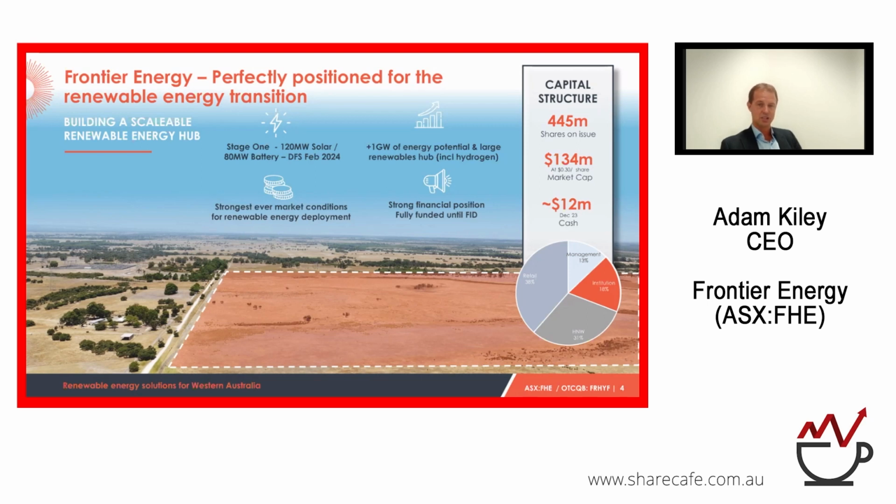The market conditions for renewable energy are arguably some of the strongest out of any commodity that you'll see in the spectrum at the moment. This is particularly evident in Western Australia, where we currently have the highest priced energy in the country. We believe this is unlikely to change significantly over the coming decade due to decarbonisation targets from both the federal and state governments, grid constraints, which I'll step through in quite a bit more detail later on,